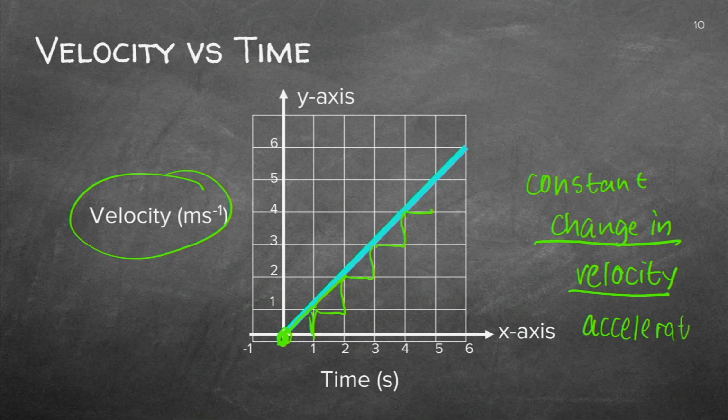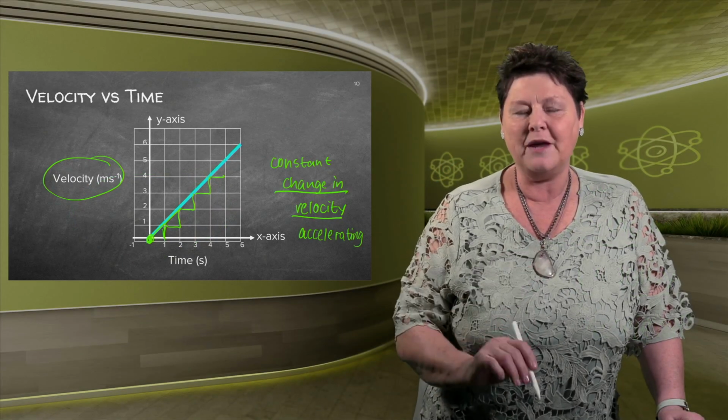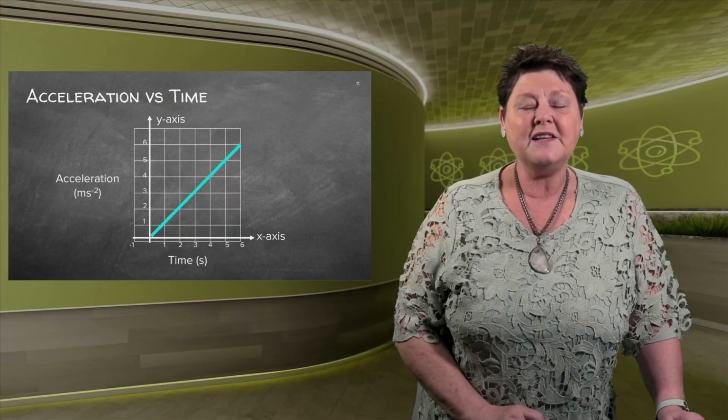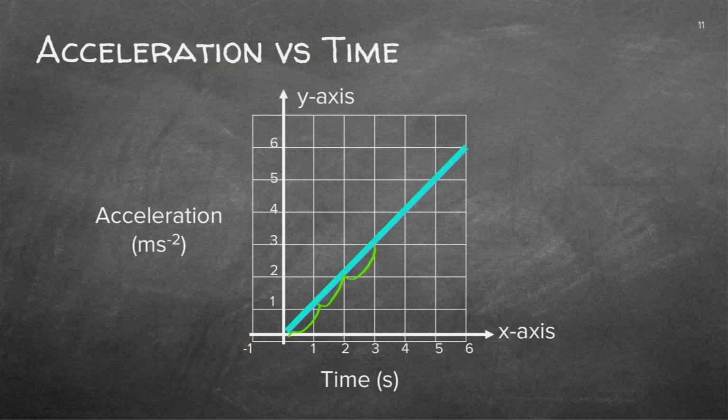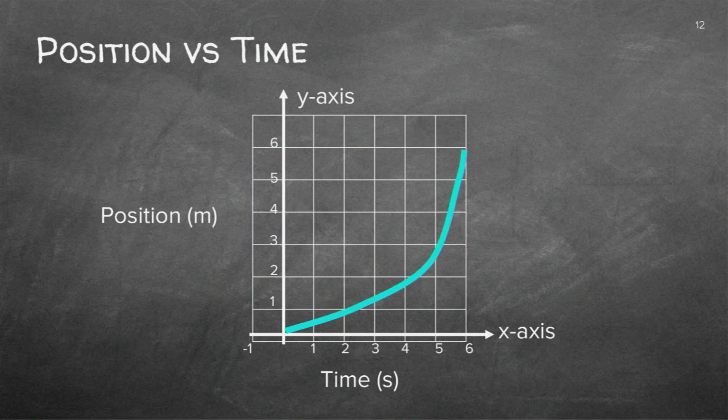Be careful that you do interpret every deduction that you can make from every graph. This would mean the acceleration is changing. And luckily for you, we aren't working with a change in acceleration. We are only working with a constant or, as I said, uniform acceleration. Right. What would this mean?